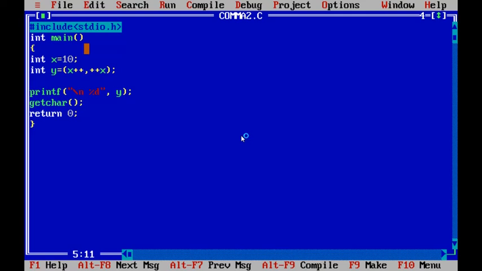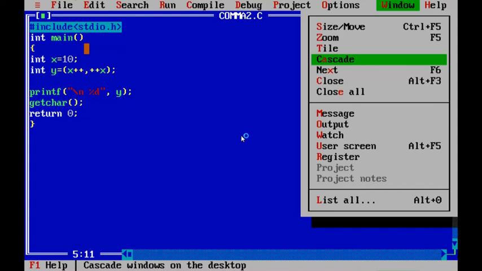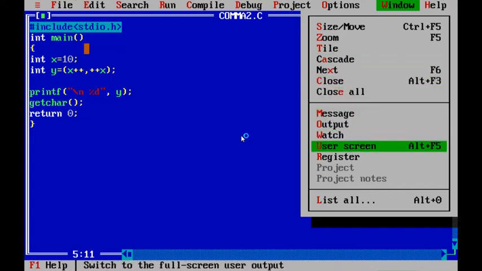Again the x value is incremented, 11 becomes 12. This 12 is assigned to y. We will see the output: 12. The y value is 12.